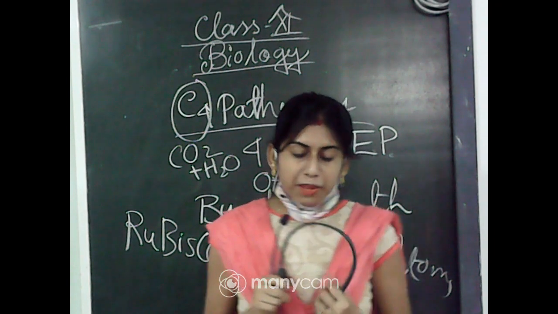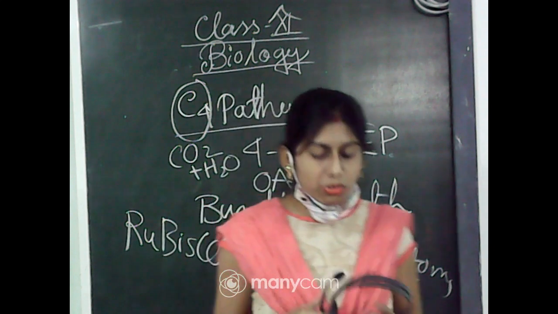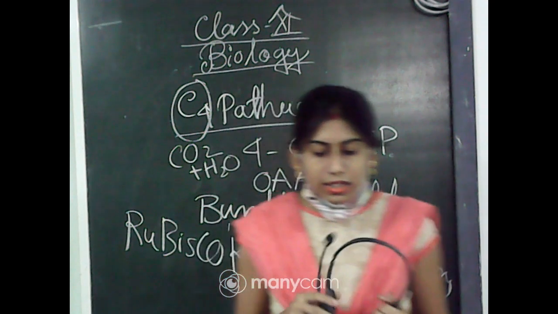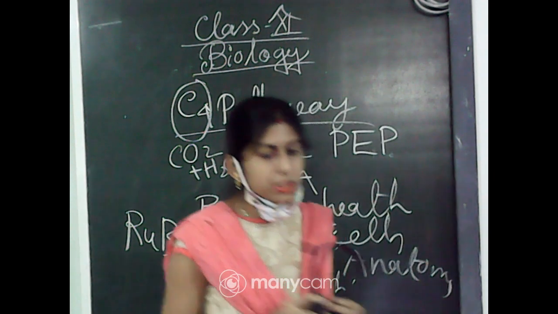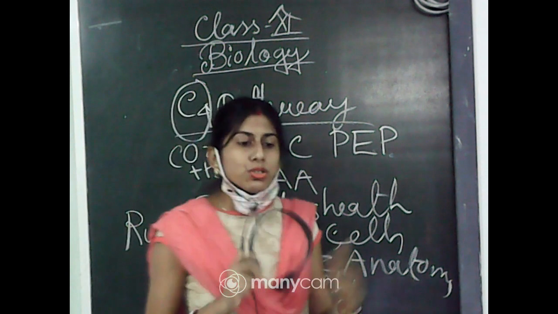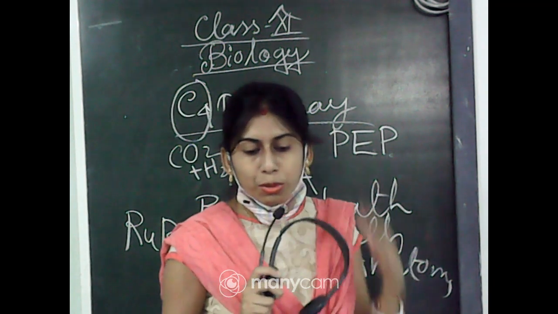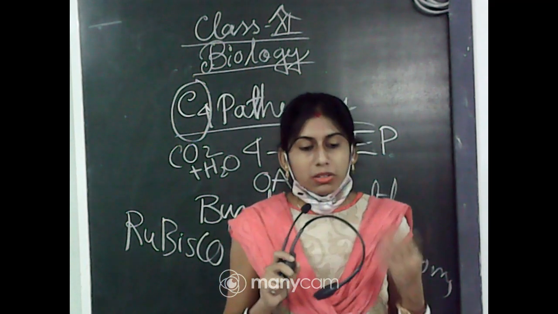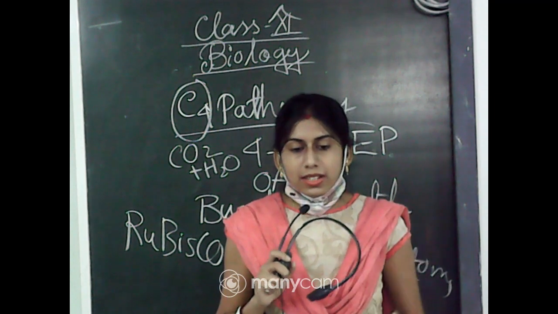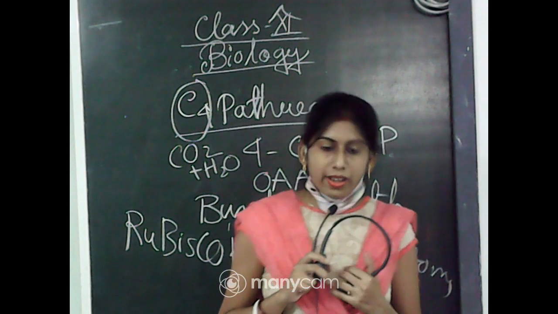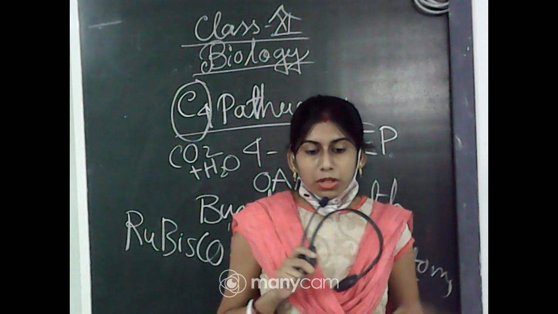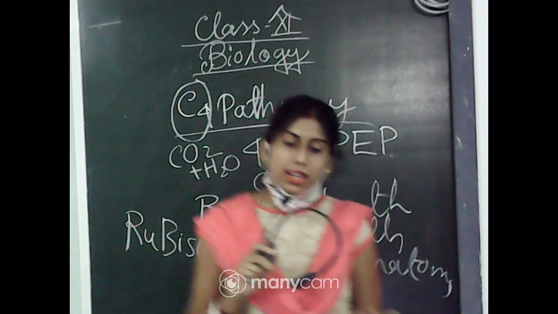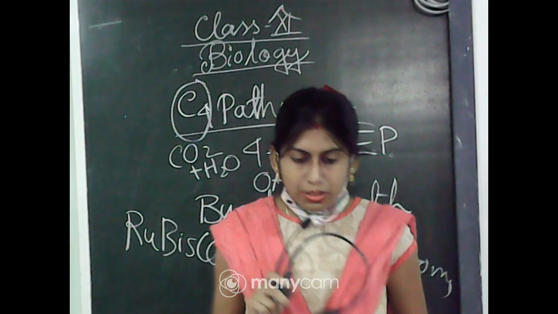In the next page there is table number 13.1. There you have to fill the table, and by filling it you will be able to find out the differences between C3 and C4 plants. So I suggest everyone try to fill it at home. Today I will not discuss it. I want everyone to try it first. In my next class I will tell you all the answers. But I think you will be able to do it on your own if you read the C3 cycle and C4 cycle properly. Okay, so everyone try it first.